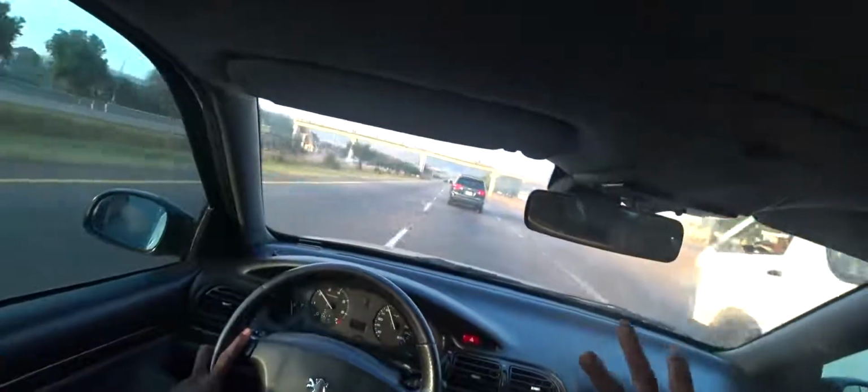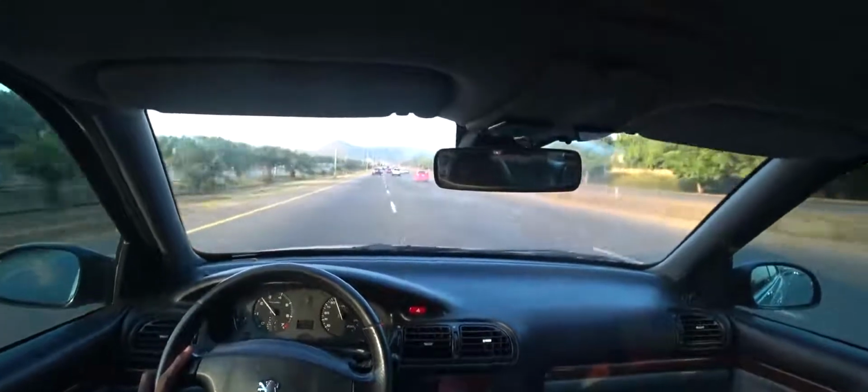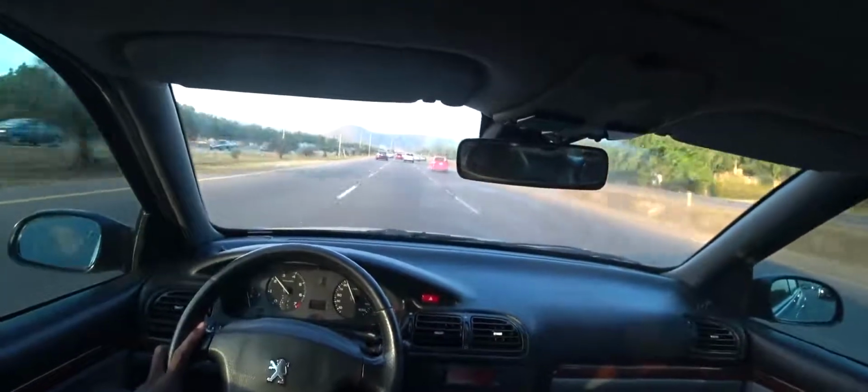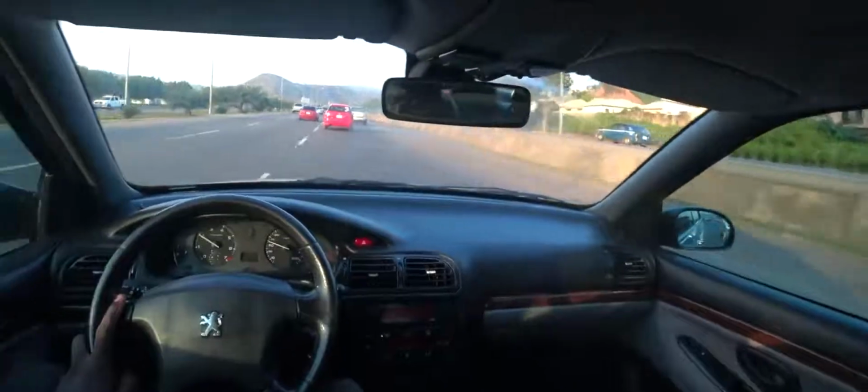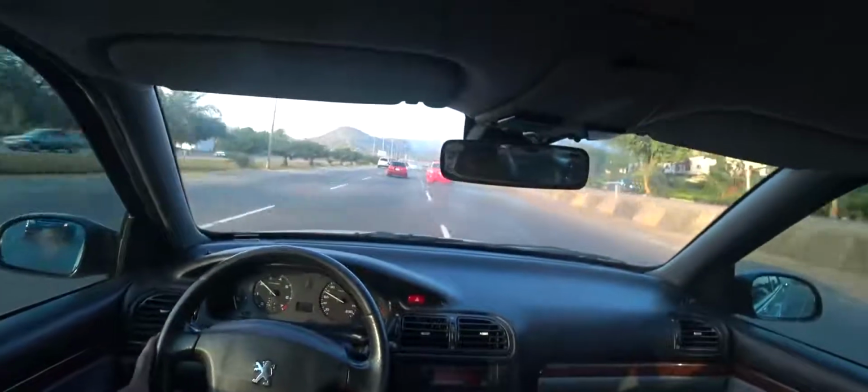Since I actually took it in the morning and I've driven it to a few places, it's doing its work. The consumption is very okay. You know, that's the good thing about 406 with EW10J4 engine. The fuel consumption is quite good, very good. I mean, sometimes you even start wondering if it does not consume less than even 307. Maybe I'm exaggerating, but I'm just trying to explain how good Peugeot 406 with this EW10J4 engine is